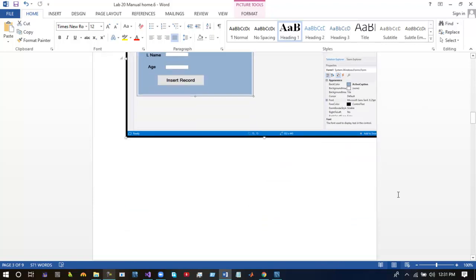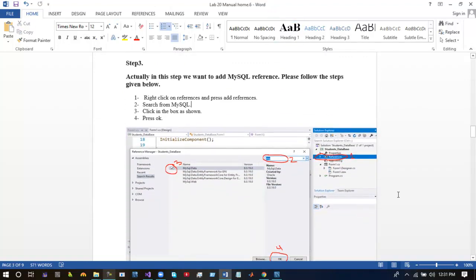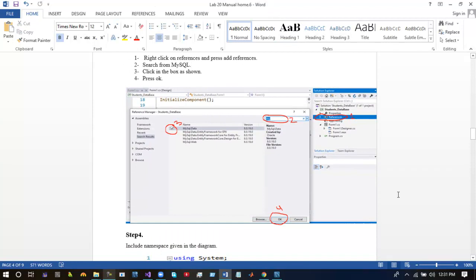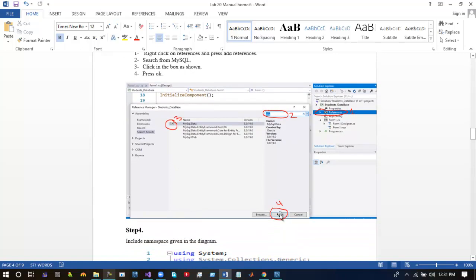Now move to step number 3. In step number 3 you need to add a reference of MySQL data. Just right click on the references and add MySQL.data. Open or tick this checkbox and finally press OK.